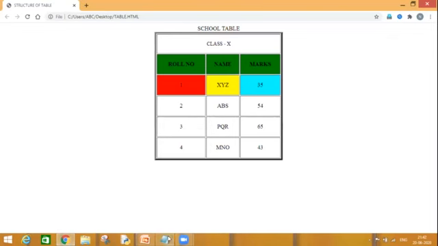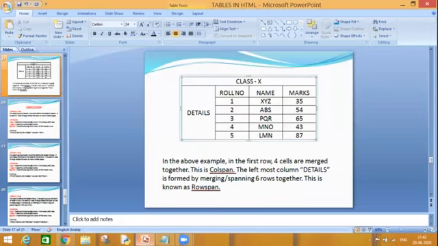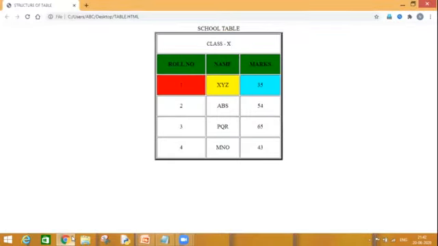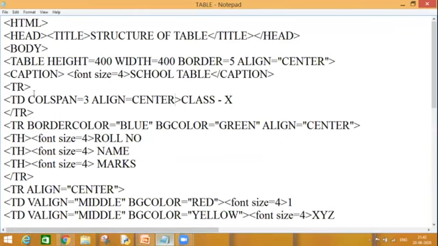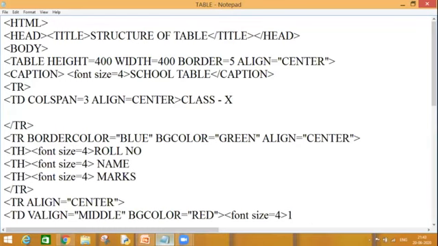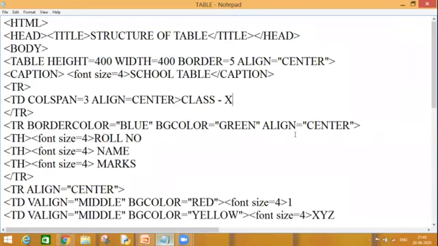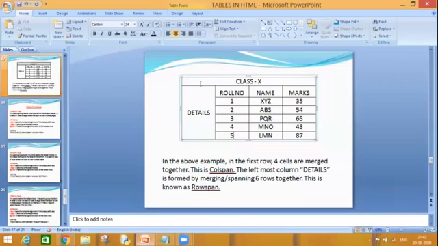Okay, great. Now what do I want? As I can see over here, according to my table, 3 columns are the same. One more column is visible with details. The data is there, details. So what will I do? Not in my first row, in my second row. Because if you see, in the first row, there is no other cell. From my second row, there are 4 cells, right?